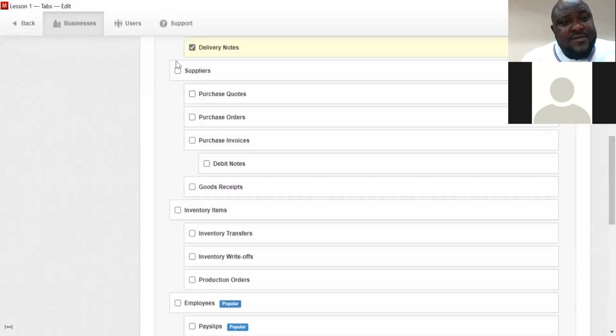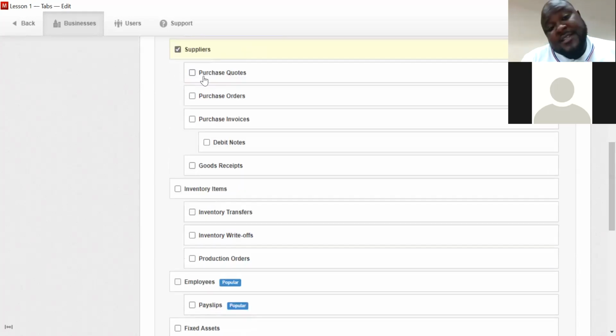The next thing we're going to activate is our suppliers tab. Of course, we are going to have creditors, people who are going to supply us. We are going to then activate